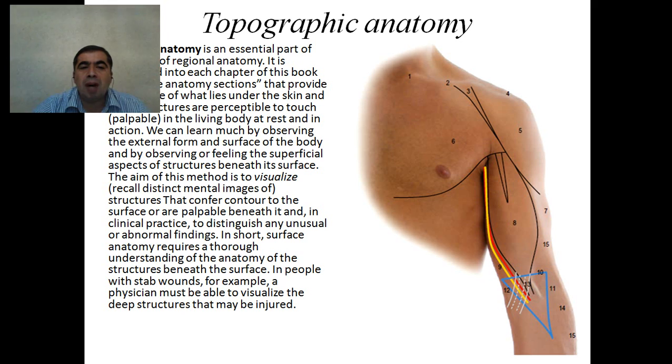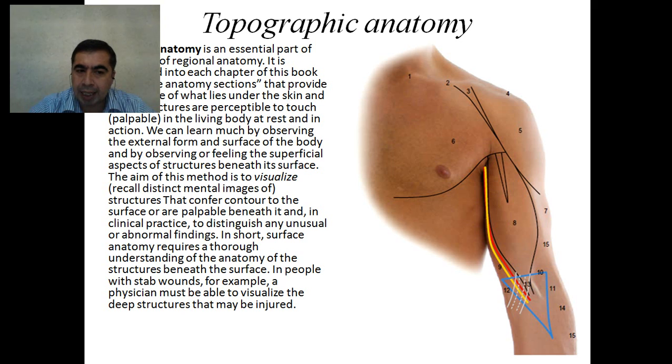We can learn much by observing the external form and the surface of the body, and by observing or feeling the superficial aspects of structures beneath its surface. The aim of this method is to visualize the distinct mental images of structures that confer contour of the surface and are palpable